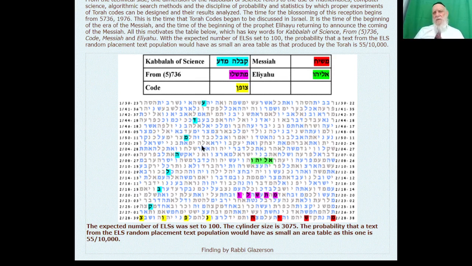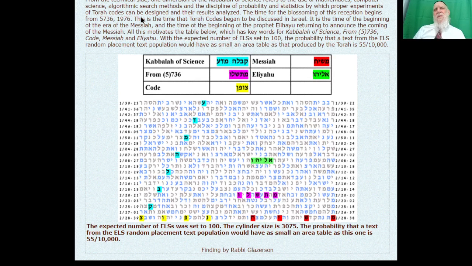And we said also that it's very important in a Bible code to have good meetings, minimals, and what you see here. Now, in fact, the statistics of it is 55 to 10,000, which is 5.5 per thousand. But as I said, the most important in the table is really the contents, the relationship between the right words, Kabbalah and Mada, science and Kabbalah, with the Tzofen, Mashiach, with the year when it started. So everything definitely you have here written.